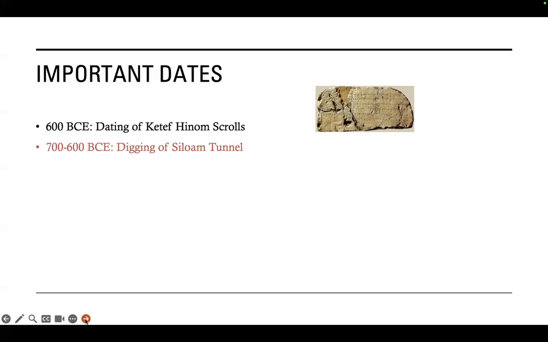So during the reign of King Hezekiah, Jerusalem was under Assyrian siege, and what they did was dig a tunnel to divert the water of the stream Gihon into the city so that they would have water and survive the siege. This is a time of great optimism. There's a lot of uprising in spirit of the people in the kingdom of Judea. And the tunnel itself is truly an engineering marvel at a really amazing scale.